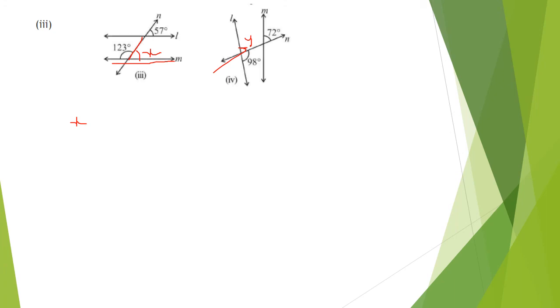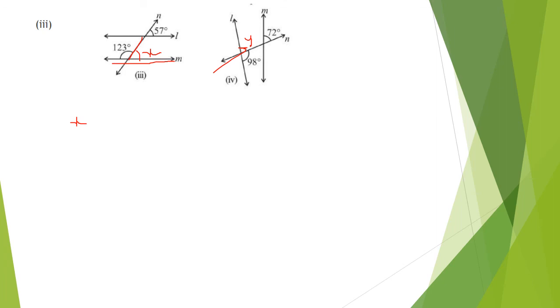The next problem, look here, the third one. You have L and M, two lines, and one transversal, and they have given the angle 57 degrees. So this angle is a corresponding angle, right? We can take this angle as x. The same way we did the second problem, you can do it, but I will make this calculation a little easier. So x and 57 are corresponding angles. If L and M are parallel lines, then x also should be equal to 57 degrees.